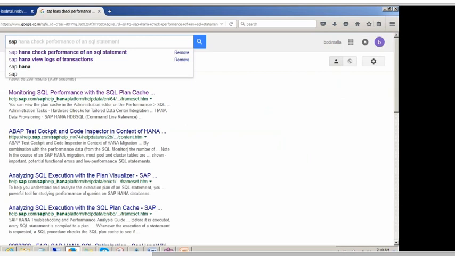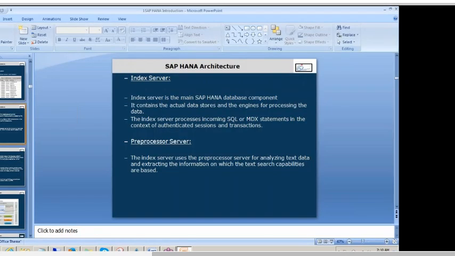You can simulate the same thing using fuzzy search, and fault tolerant search limits can also be given. Fuzzy search is all handled by your pre-processor server.